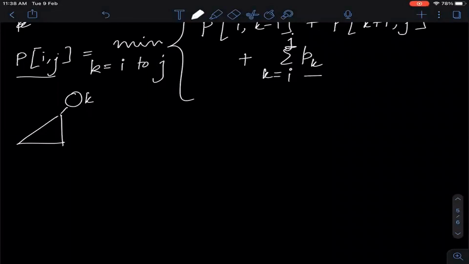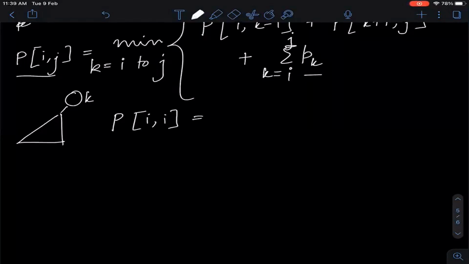So the question I had asked is what is going to be the base case, and here the base case is not 0 or 1 or anything, but it is very interesting. The base case is when i is equal to j, because that's what it means to build a tree on just one node. So i comma i. What is this subproblem? This is just one node, so it's just the frequency of its access times 1. So this is just going to be Pi for all i equals 1 up to n. That's your base case now.